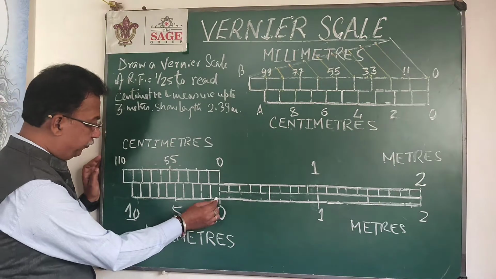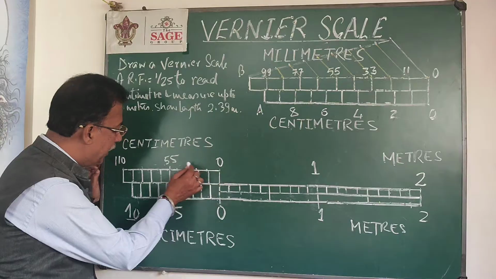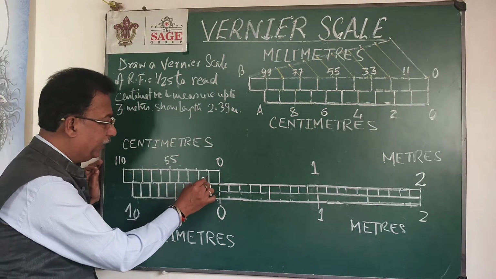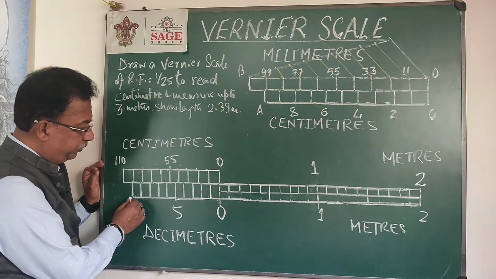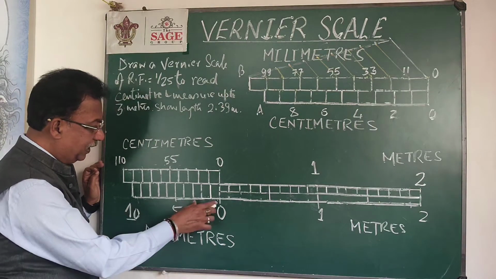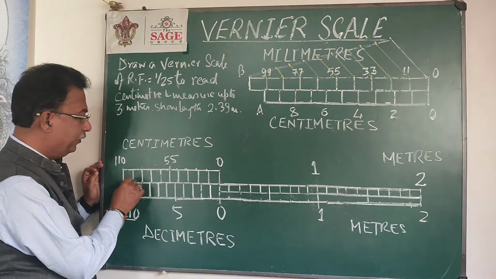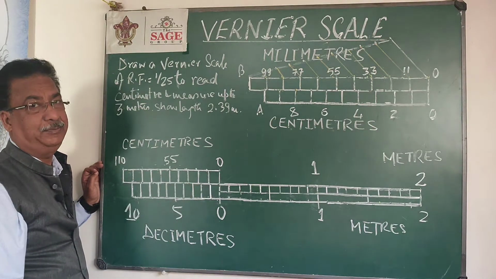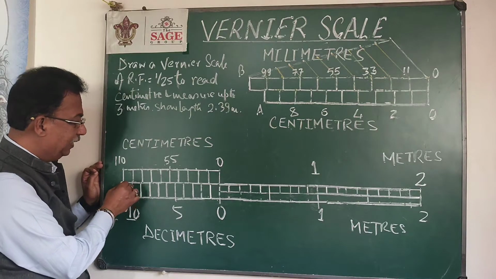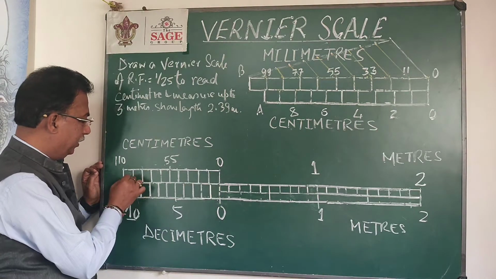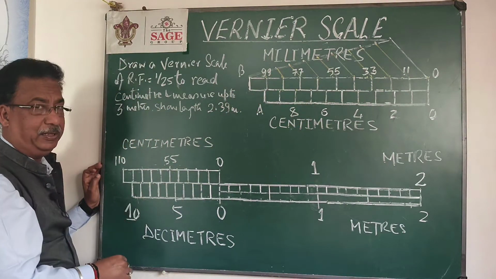Now above this first part, that is the part of the primary scale, I have drawn another rectangle showing the vernier scale. Again the concept will be, in the bottom side this length will be 10 decimeter, in the above what we have taken that will be 11 decimeter. So one additional part I have added in the left side, and this total length OB will be equal to 11 decimeter.